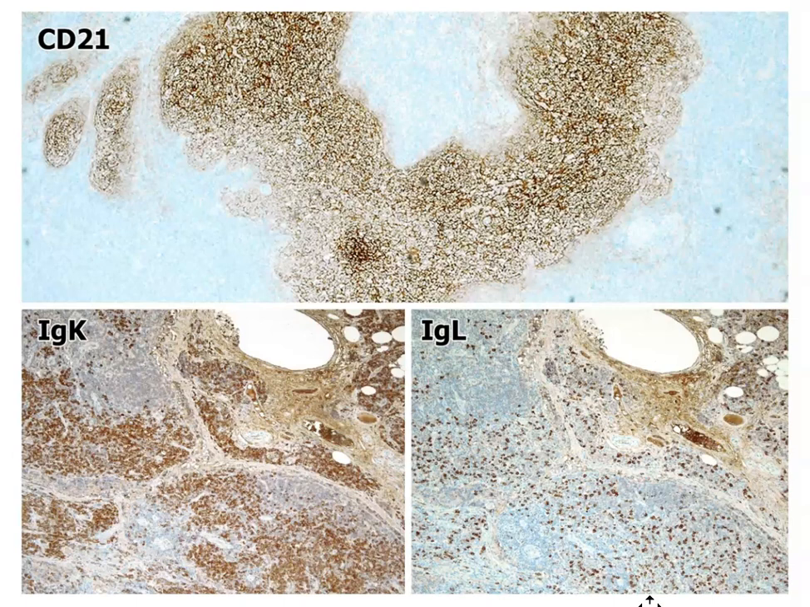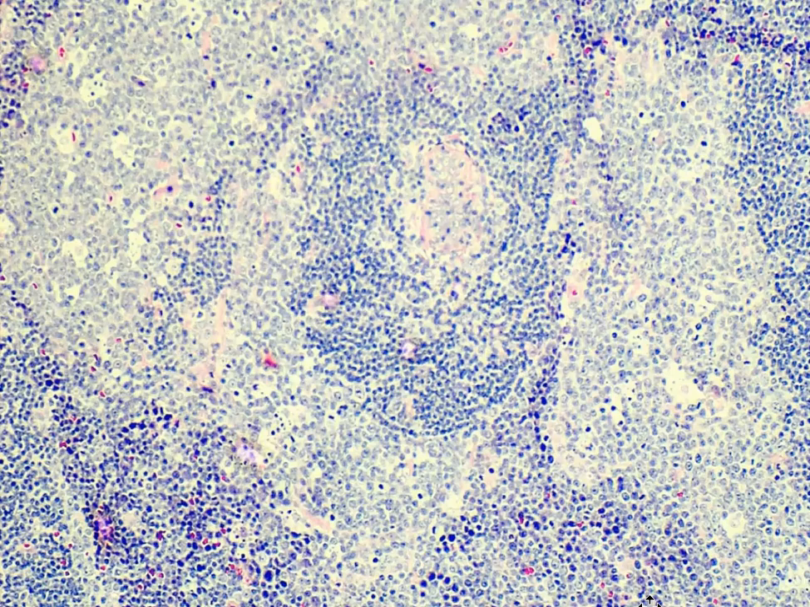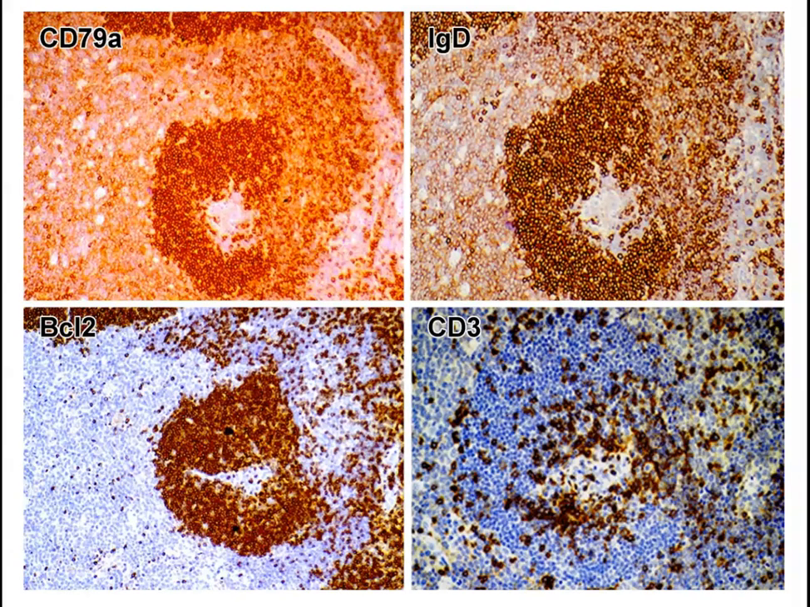In situ hybridization shows polytypic expression of immunoglobulin light chains, so the plasma cells are reactive in character. Here we see an enlarged germinal center with a nodule of small lymphocytes breaking up the germinal center. Strong expression of CD79A and IgD identifies the nodule of small B cells as mantle zone B cells that are